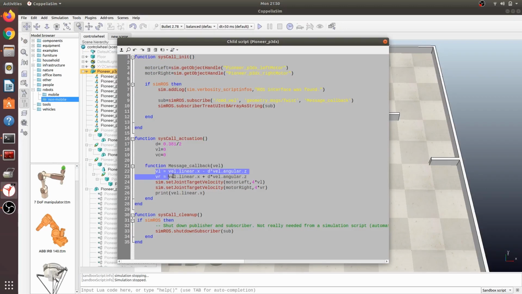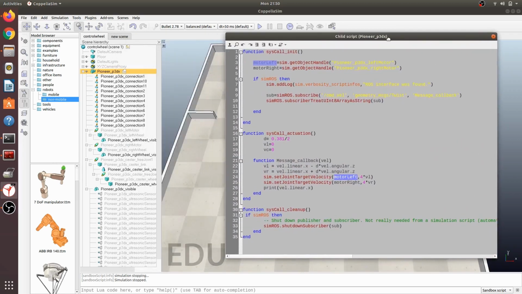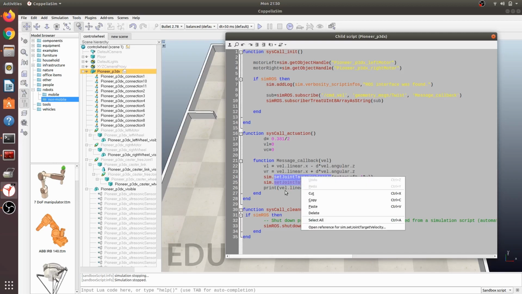I already explained you these two lines. Now coming to this, as I was talking about, this sets the velocity. As its name says, it is set joint target velocity. If you want to know what parameters it takes as input, you can right click over here and open this reference page.